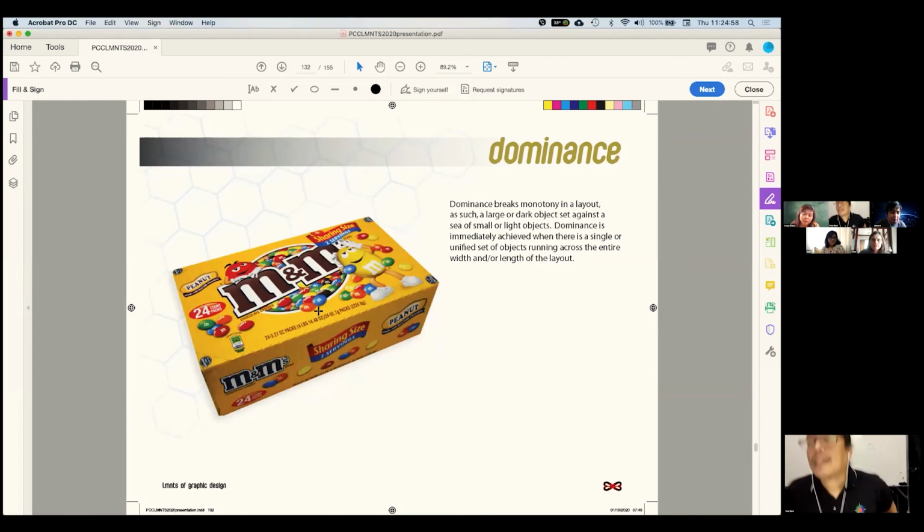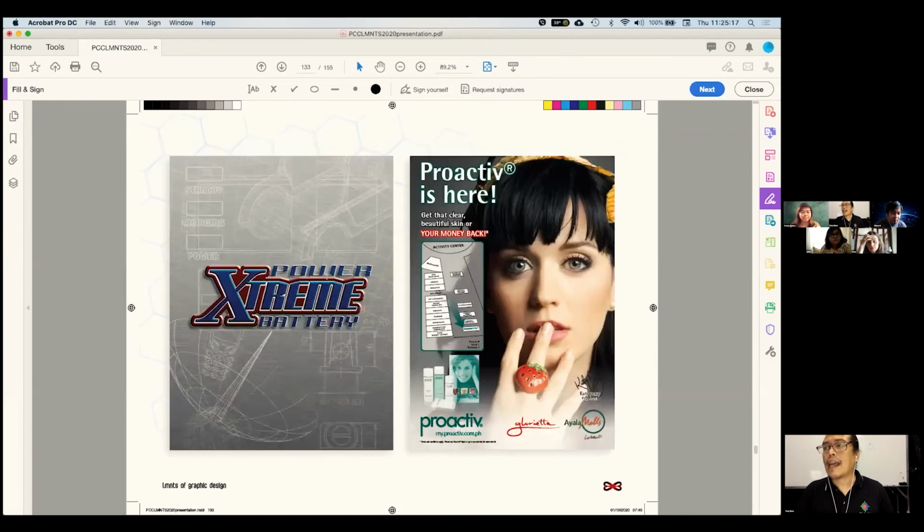So if you note as well, this is also using the one third rule. 1, 2, 3. M&M is 1, 2, 3. So across the board, it kind of follows that logic. Next,